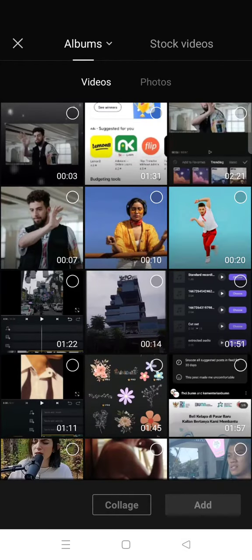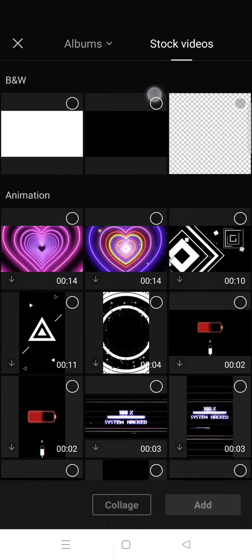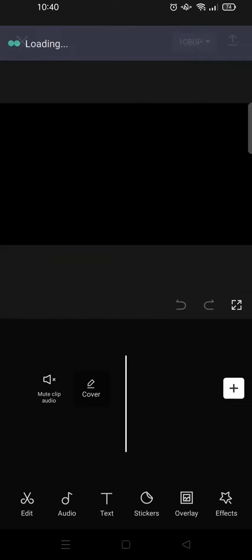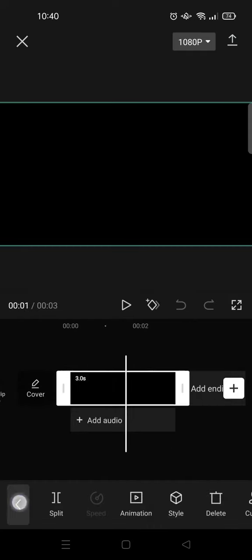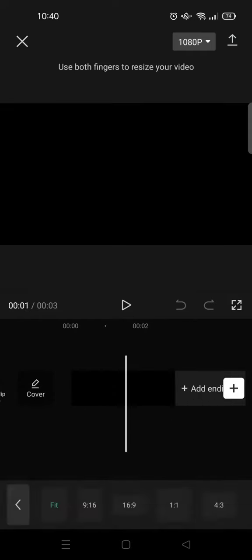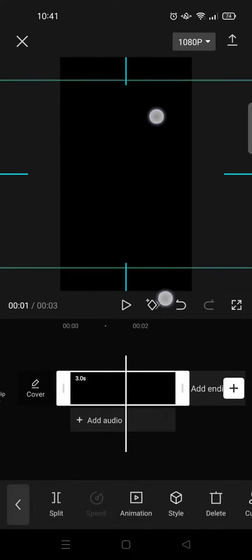And then go to stock videos and under it, click on the black background. And you can change the format if you want. So I'm gonna change it into 9 by 16. So here is the video, and then after that the black background, go to effect, video effects, and then go